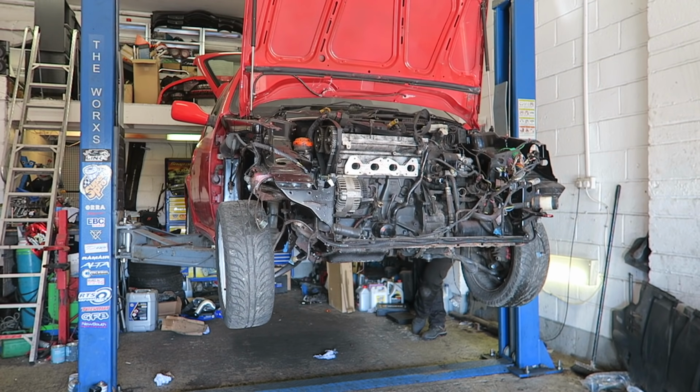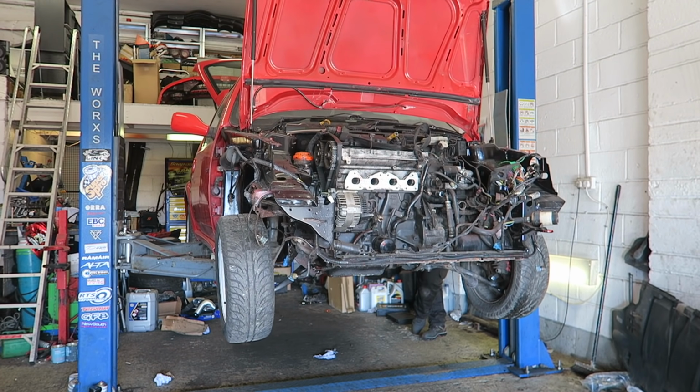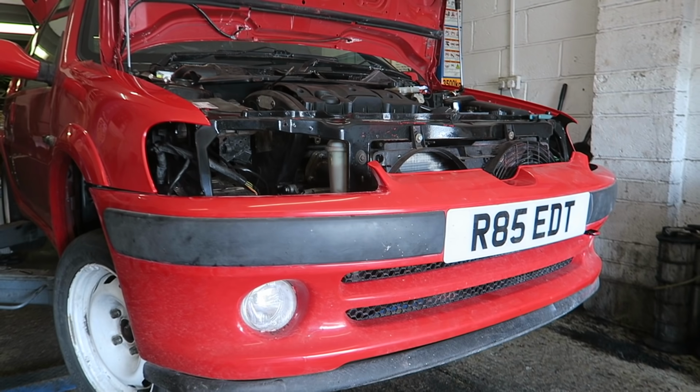So the 106, as you guys may or may not have seen in previous videos, is at its last little stint of me spending money on it, basically. Money is always the reason why projects take a little bit longer, but that is going for its MOT and it should be on the road. I need to put new tyres on it. I do want to refurbish the wheels properly. They started to rust in a couple of little bits from my previous DIY driveway paint job, but I do want to get those refurbished,